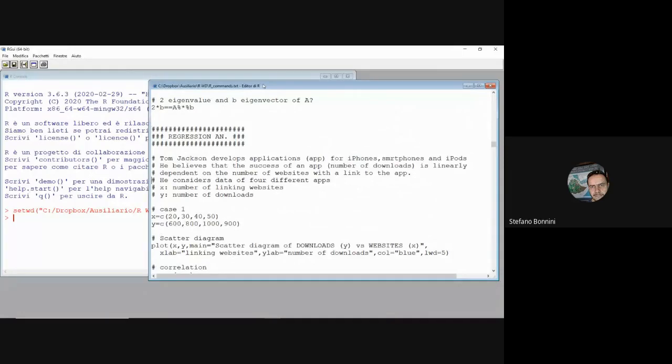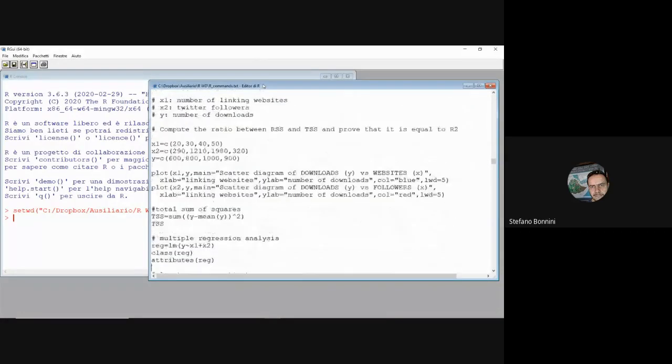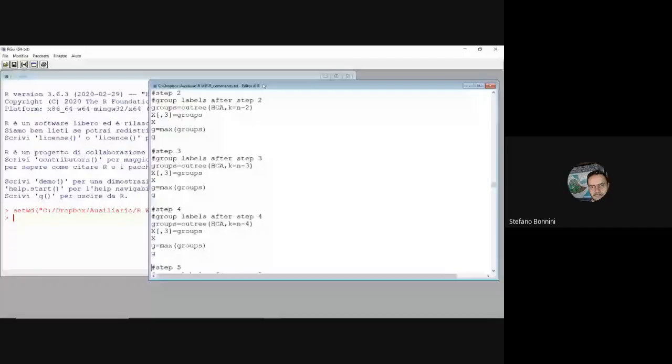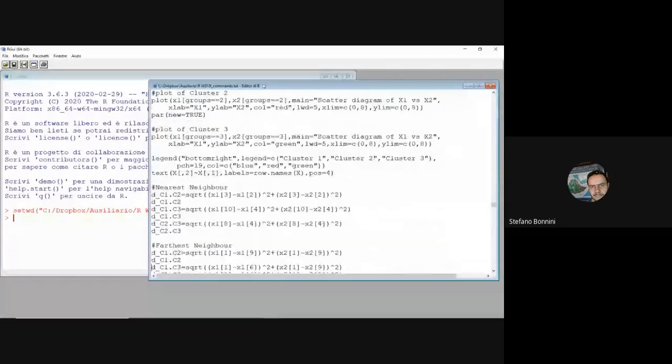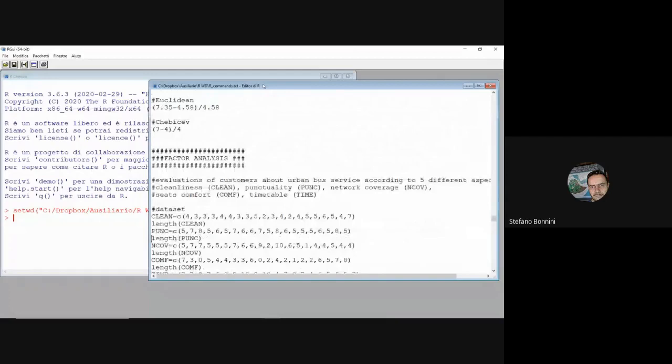So let's go to the exercises concerning factor analysis. Okay, I'm almost there. The lot of exercises about cluster analysis. Okay, we are here. So the problem is the one you can see here, evaluation of customers